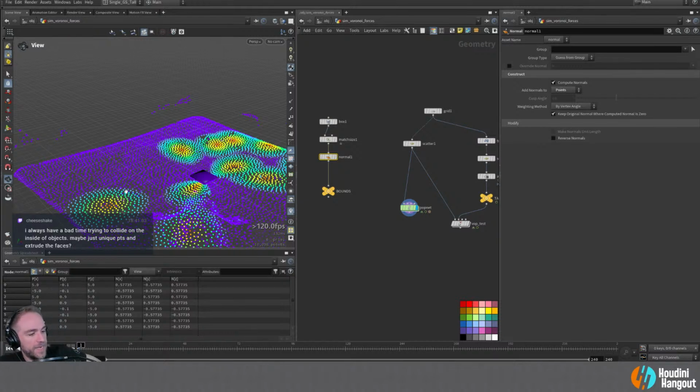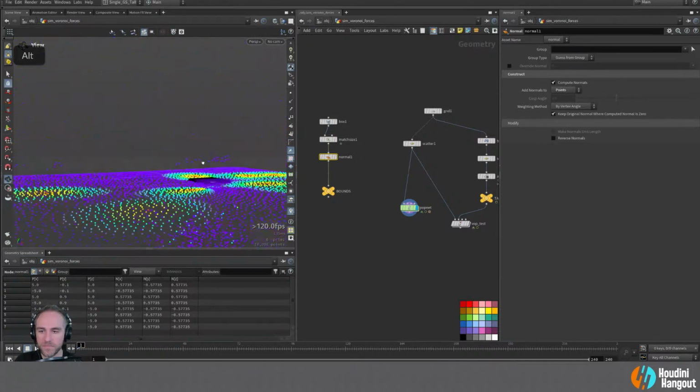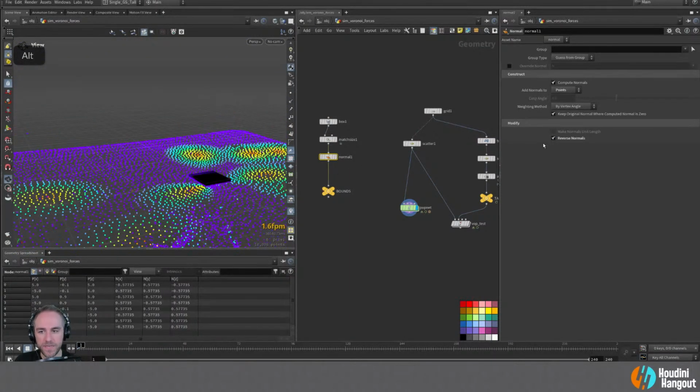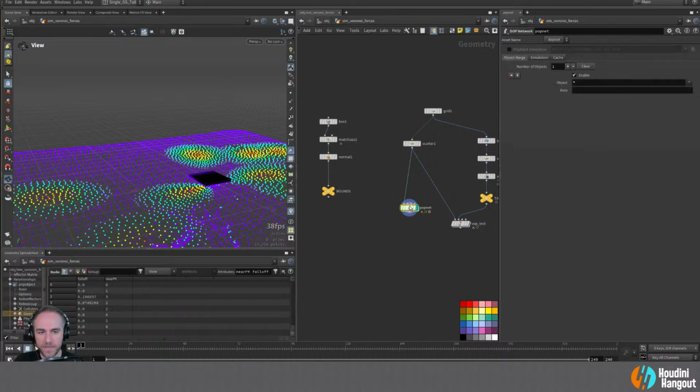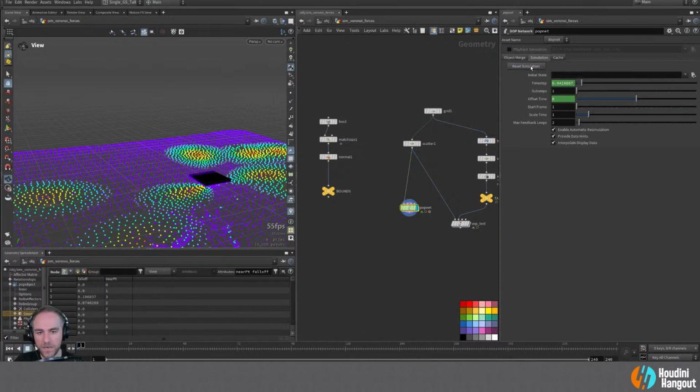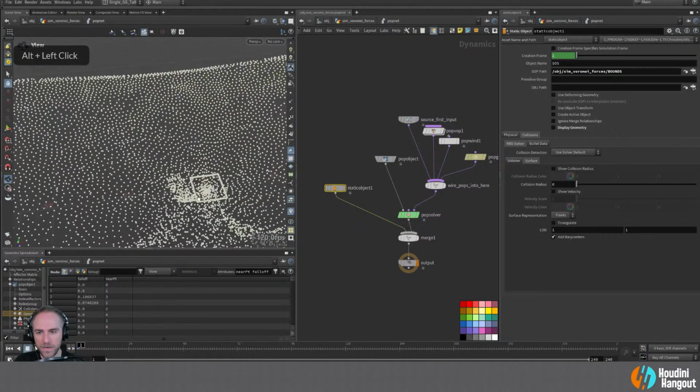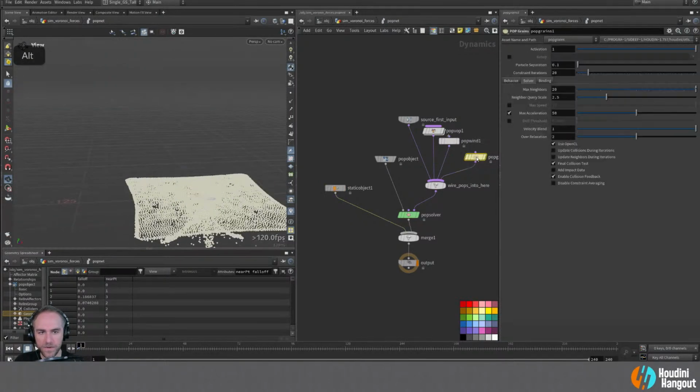I always have a bad time trying to collide on the inside of objects. Maybe just unique points and extrude the faces. Oh, you know what? I wonder if I should do it with an SDF. That actually might make more sense now that I'm thinking of it. But if we want things to stick, we need to